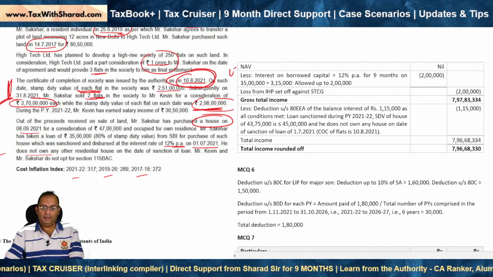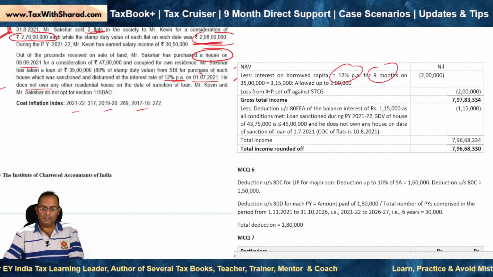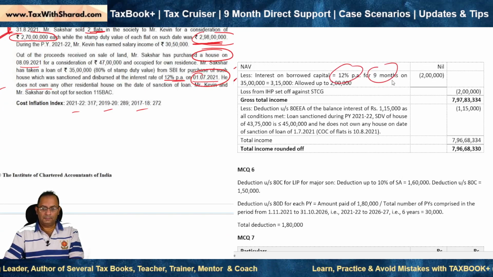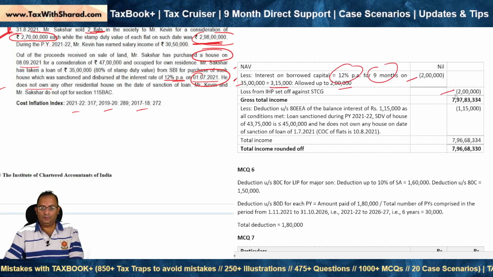since the house is self-occupied, and we will need to deduct the interest on borrowed capital, which will be, as per the details given in the question, 12% per annum for 9 months. It starts from 1st of July. On 35 lakh, which is the loan amount, this is 3,15,000, but the limit of deduction under the head IHP is 2 lakh, so this is 2 lakh, and therefore loss from IHP becomes 2 lakh, which can be set off against the short-term capital gains, and therefore after being